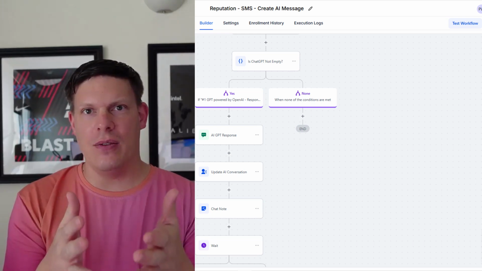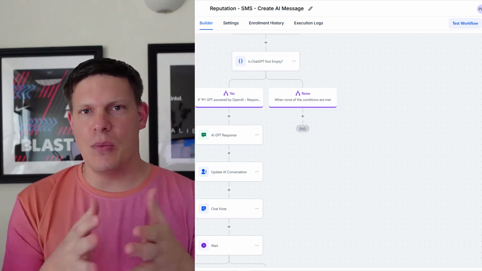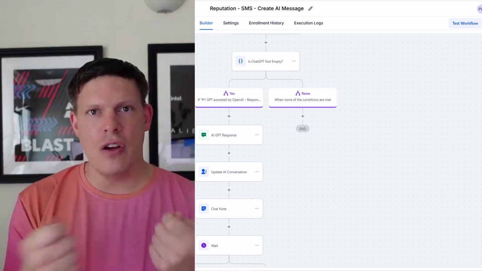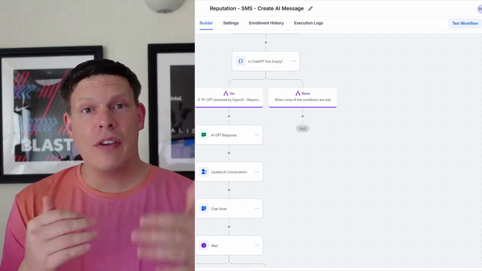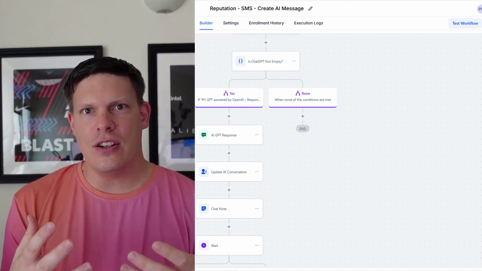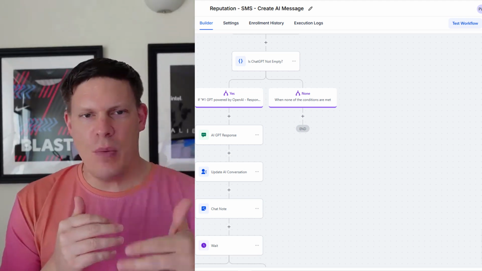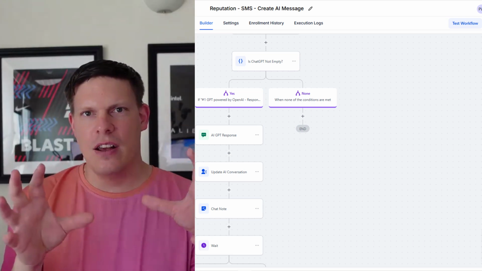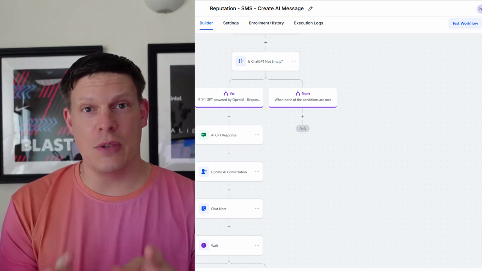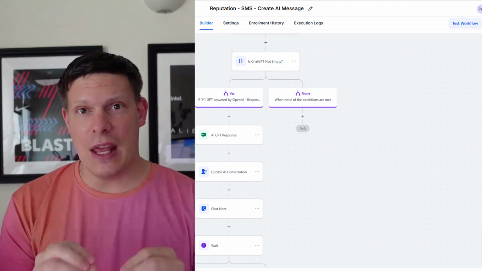Now, you may be familiar with using custom fields, custom values, storing things in there. For example, it may be a custom field of, is someone an existing customer? And there may be a yes, no flag. Maybe it's what level of customer. Are they a VIP or a platinum or something else? Maybe there's the duration that they've been with the business. Maybe it's 3 months, 6 months, 12 months, whatever it is. If you're already familiar with using custom fields,